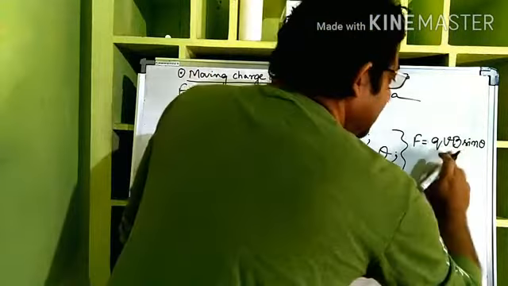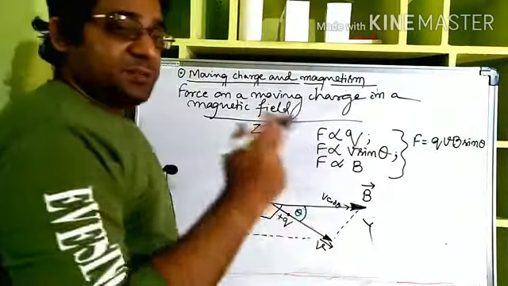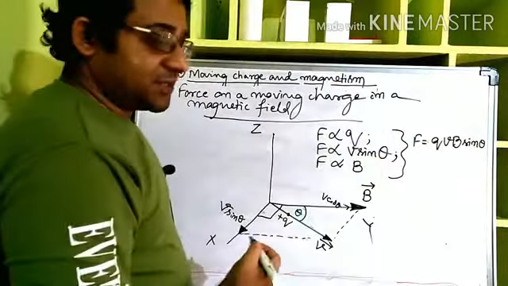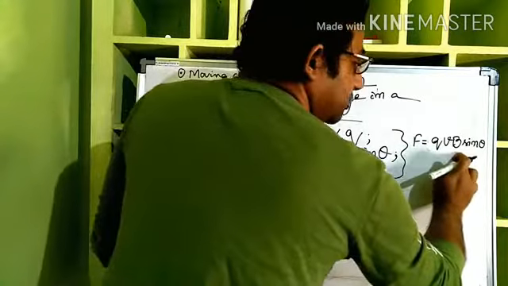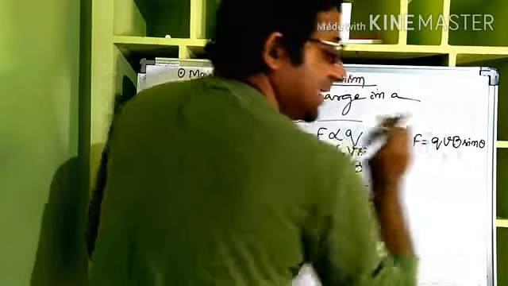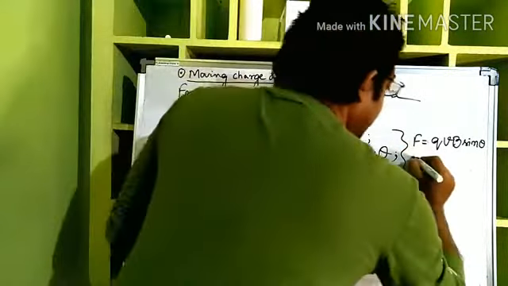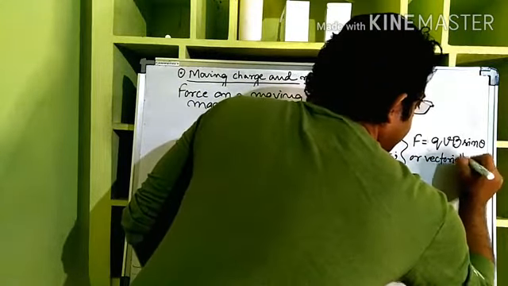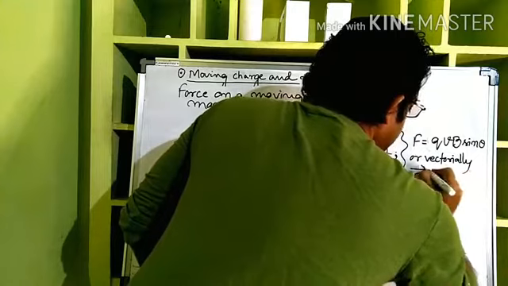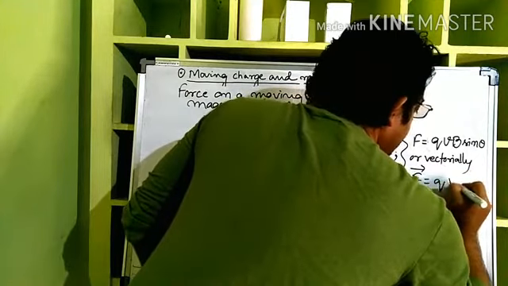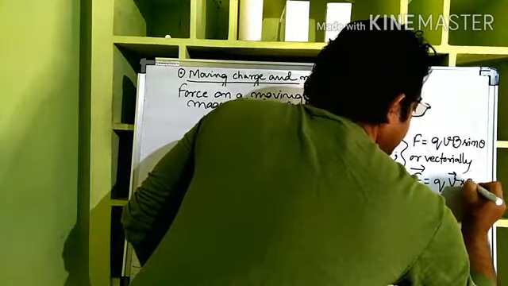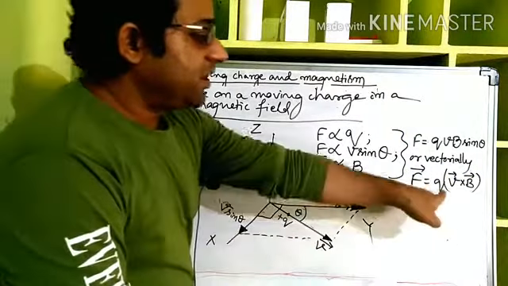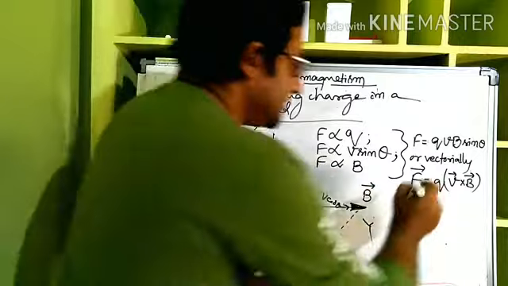So QVB sine theta, and A cross B, if two vectors, see here B is a vector, velocity also is a vector. So if we take a cross product of two vectors, VB sine theta will come. So vectorially we can write F is equal to Q V cross B. Now here if the charge was negative, here minus Q will come, that's the difference. But